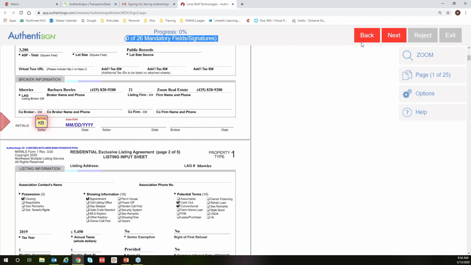Now, some clients may think, oh, all I got to do is click next and go through the document. No, that's just going to take you to the next page. They need to look for this red arrow over here that's pointing them to where they need to click. And when they click,